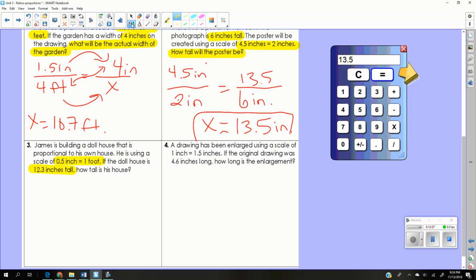Try it out if you want. All right, so we have 0.5 inches is 1 foot. We already have the inches, so we're going to keep the inches on the top, which is 12.3, and we are solving for x, and that x will let us know how tall the house will be. So what's it called? We are going to